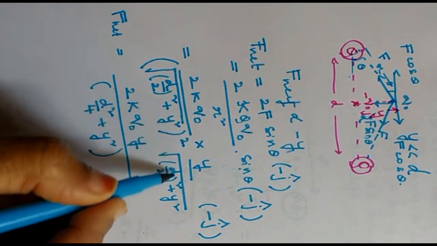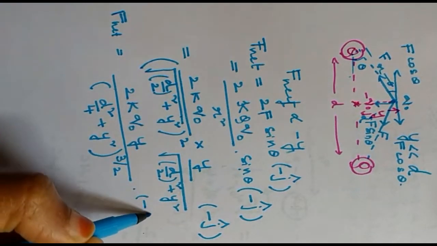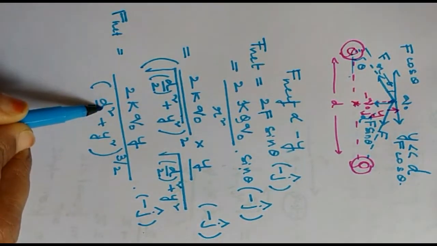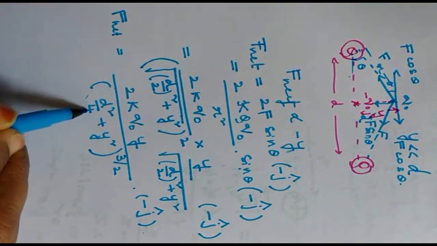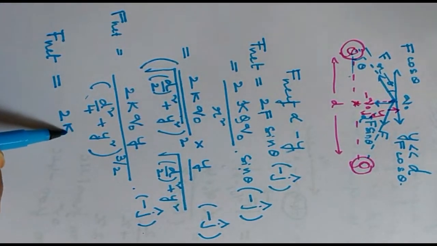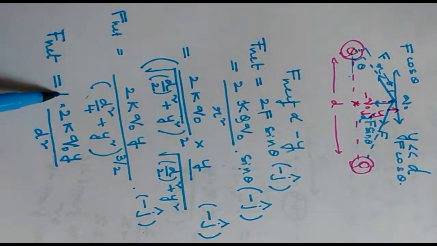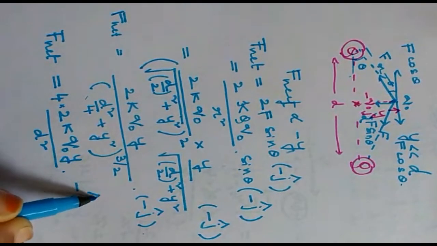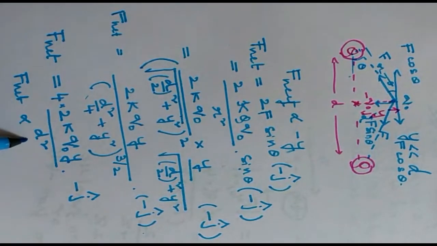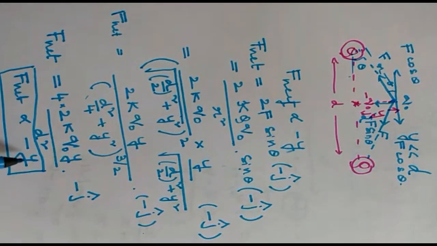This square and root gets cancelled, and here you have 1 plus half, 3 by 2, into minus j cap. And since y is very small when compared with d, if you neglect y square in comparison with d square by 4, then the net force would be 2k Q naught into y by d square, 4 I will bring it to numerator, into minus j cap. Since all these are constants, net force is proportional to negative of displacement. So the body is going to execute simple harmonic motion.